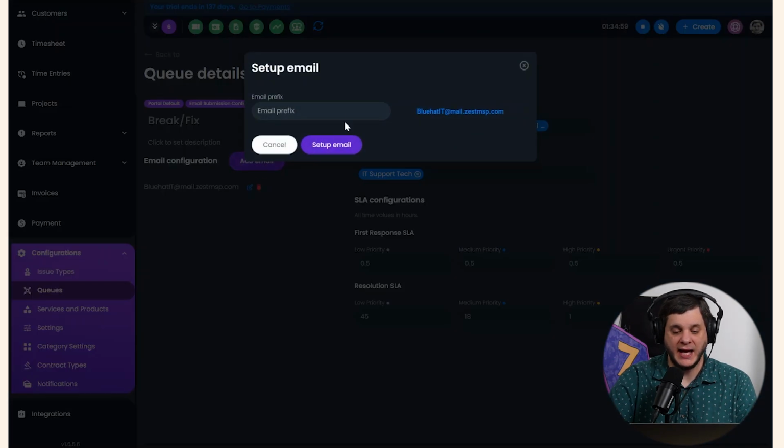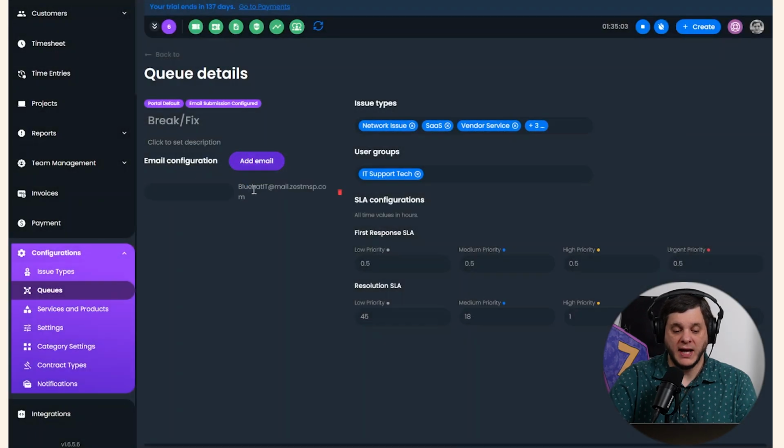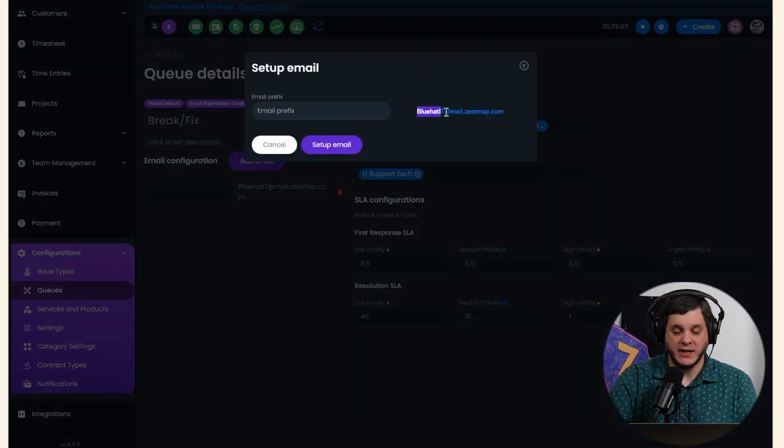You can add a different email address you'd like to use, or you can change the set address. But this email address is defined by your company name, and whatever you add here for the prefix, like support or help, will be added to this email address, and then you can use that email to receive tickets into Zest, and it is the email that people will see when you respond to them from